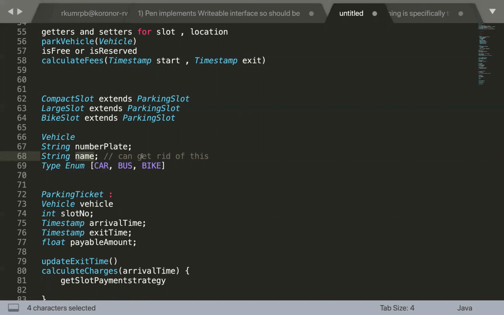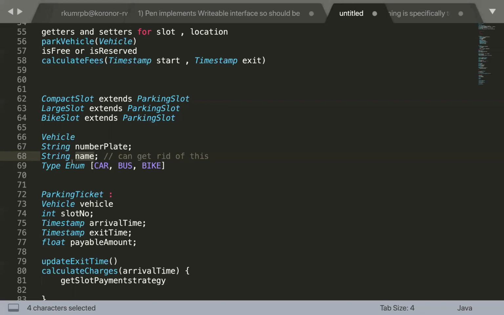If we are implementing only the, probably if you are implementing analytics feature, right? That you want to know, hey, how many times or which kind of a car actually visits my parking lot usually. So if you have those kind of requirement, probably you need to have some kind of attribute of the type and name. And if you want to have some kind of a regulation related to the number plate, that if you want to know, hey, whether this number plate car is parked in my parking lot or not, then you need the number plate. Else you don't require these two attributes, right?